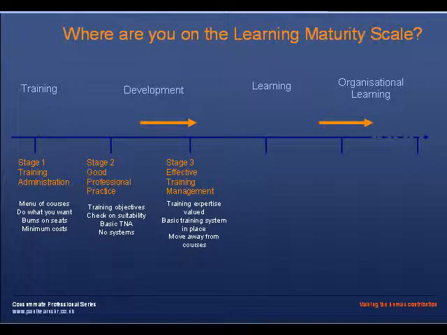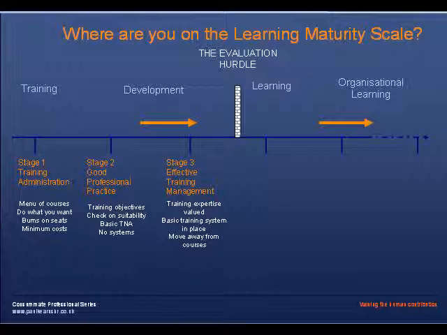These are people whose expertise is valued, who start to put a basic training system in place that says some people can go on one type of training and other people can't. They start to distinguish between some candidates being suitable for certain development and others who aren't suitable for it. So it's a discriminating approach to training and development, and it moves away from sending everybody on courses.